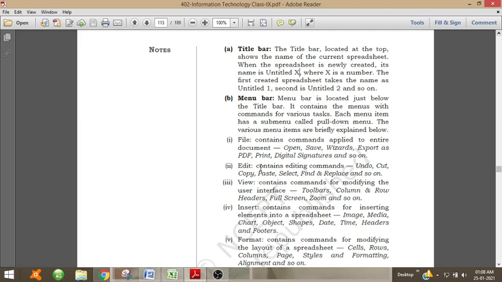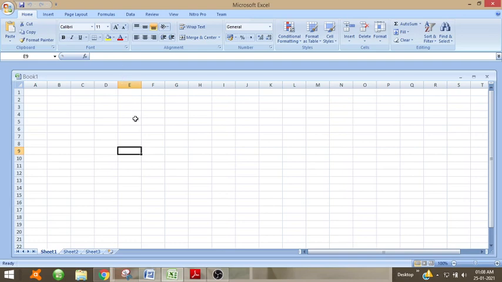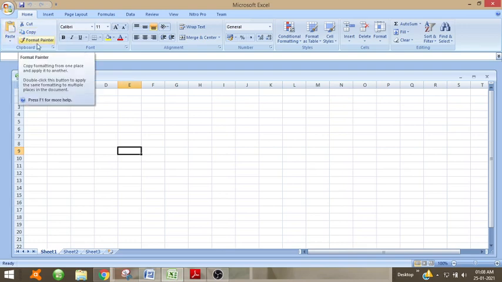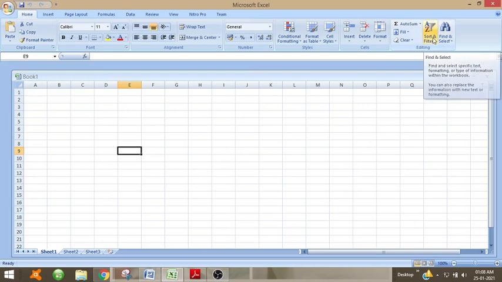Next, edit. Edit contains editing commands, that is undo, cut, copy, paste, select, find, replace, and so on. So edit contains cut, copy, paste, then the find and select.